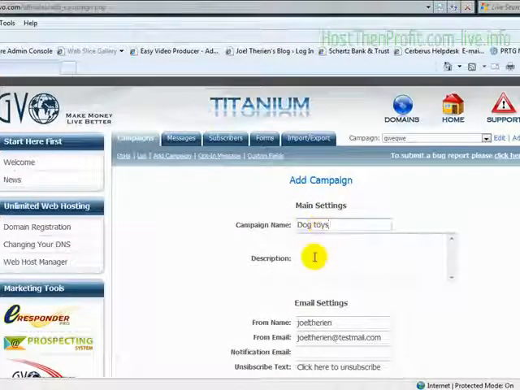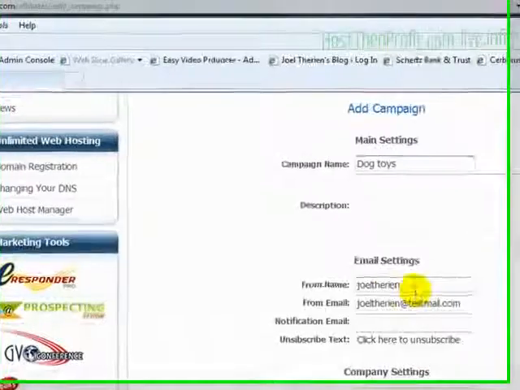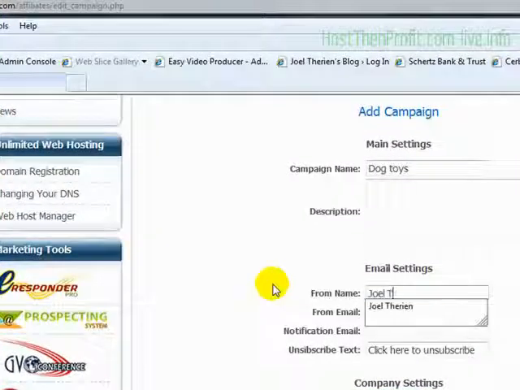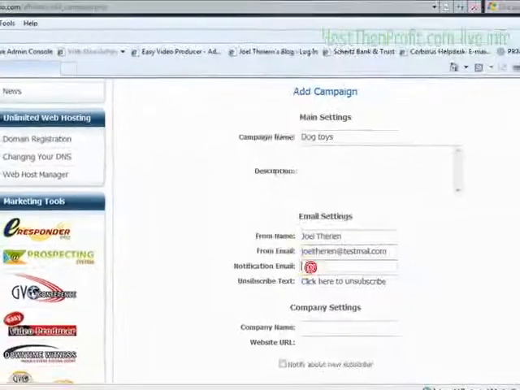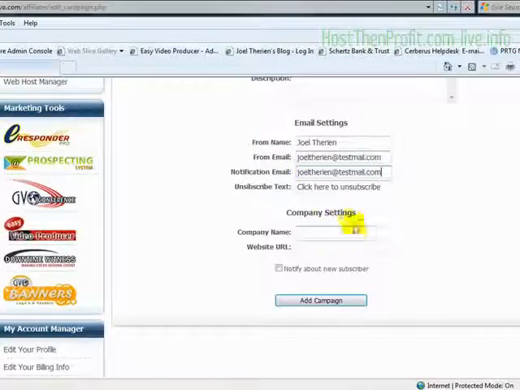If I have a website selling dog toys, okay? Your from name. Okay, your from email. Notification email is the email that you would put in if you want to be notified. So I'm going to put that one in there as well. And then company name, mine's GVO. Website is